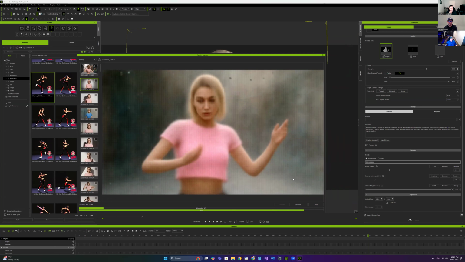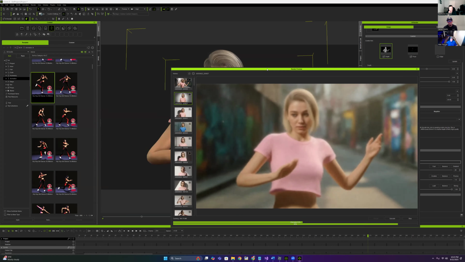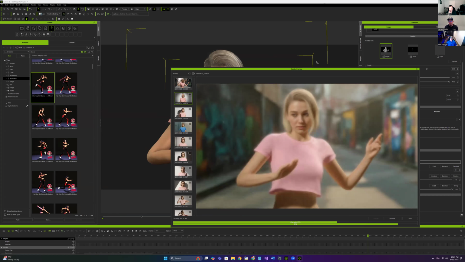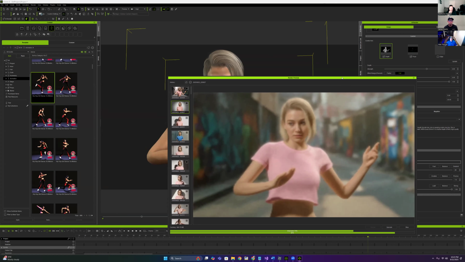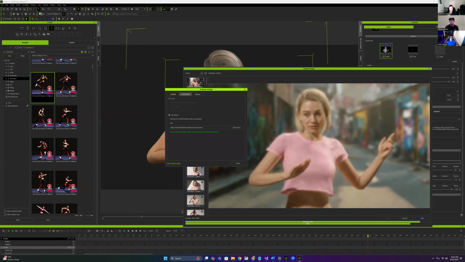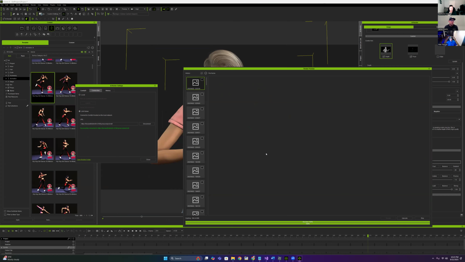But the cool thing is we're able to control it in ways that weren't that easy before, or not really something that was possible. And this has been a really fun tool to play with, and I've been having a blast with it. And again, with iClone, you have your cameras, your characters, your posing, any motion or any kind of expression that you want to either prompt or add in to the character. This is a great jumping off point for being able to have a higher level of control and being able to choose how much influence our ControlNets or things like pose and Canny lines have on your characters